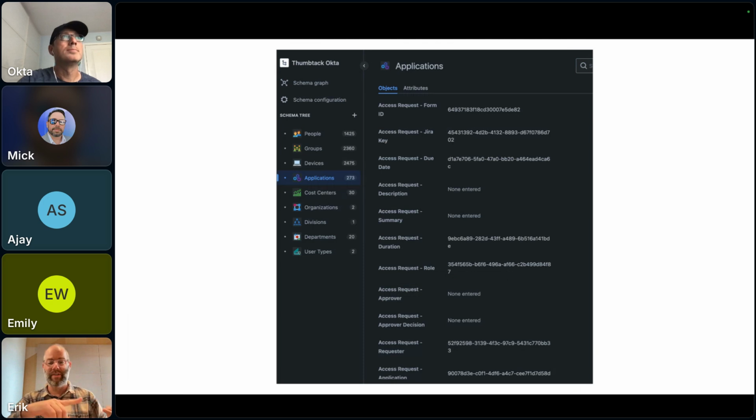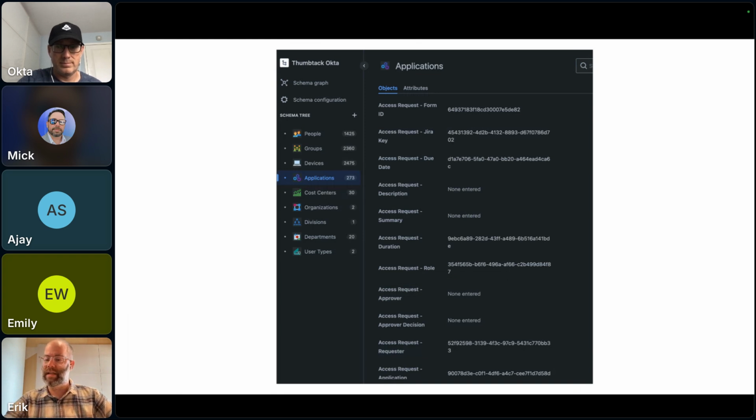Give me your Jira ticket, give me your due dates, your duration, temporary, permanent, the role you need. Since we're providing that all through Jira requests, we need to build the request itself. And so this allows us to dynamically select the form that is going to be used and pass these values over as the keys. And then the values themselves will be parsed out of the Jira ticket.